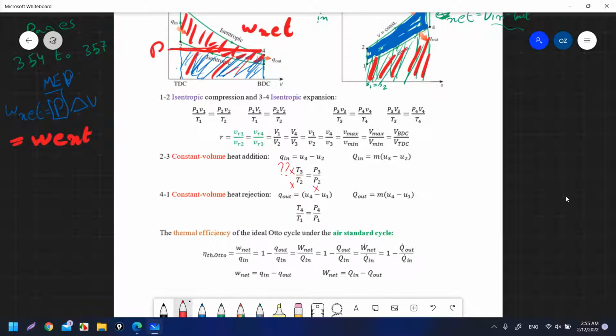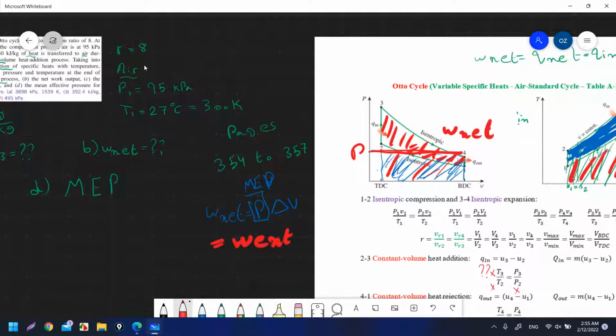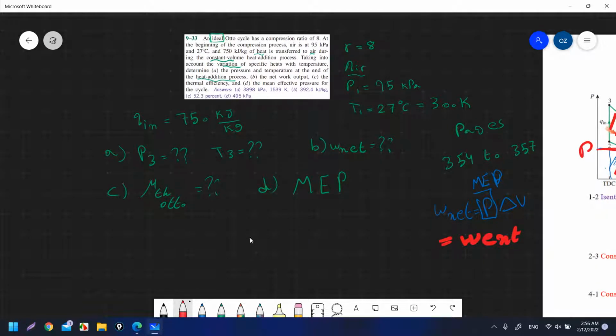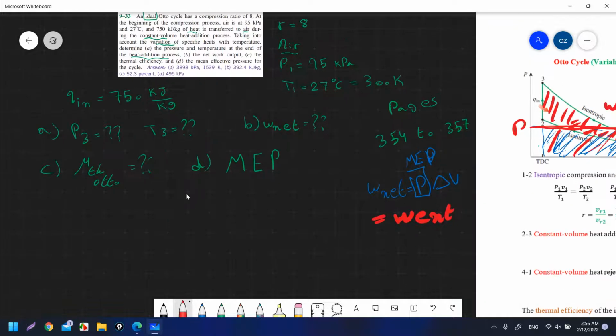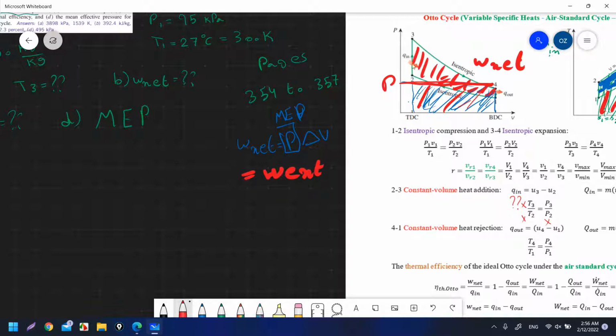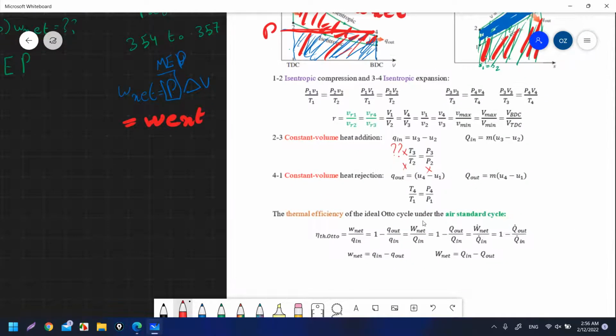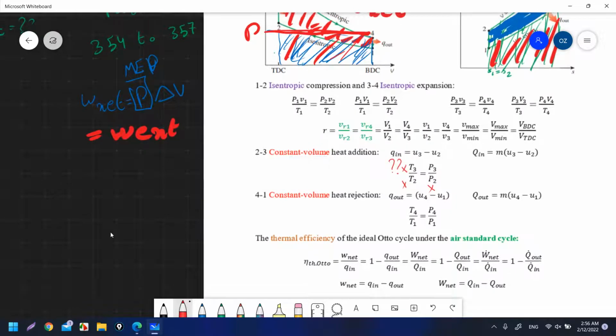Okay, how can I find P3? You cannot go directly to state 3 without finding state 2. In cycles, we go step by step. He gave me in the question P1 and T1. I will go first to P2, T2, then I can find P3, T3. Don't go directly and search for P3 and T3. You cannot solve state 3 until you find the previous state, state 2. So how can I find P2 and